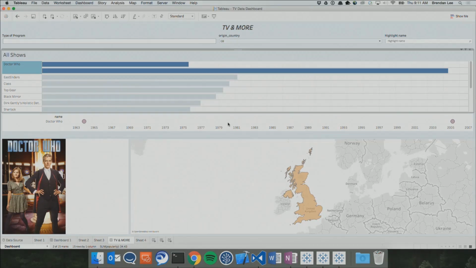And so the top up here is some filters, things I could sort from strings, right? So I could pick out comedies and dramas and things like that. And then the other one shows the ratings of the TV shows and where they're coming from. What I found really interesting about this data set is that we actually watch television in the U.S. for things that are built in other countries, right? Like Japan and China and Great Britain and other areas. And so this was a U.S.-based TV rating database, and there's all these other countries in there, which I thought was fascinating. And then over here is a little cute picture poster. I liked it a lot, so I use it. And then this is the timeline of when those occurred, right?